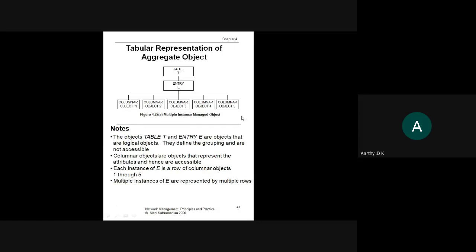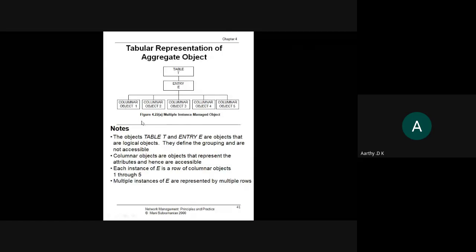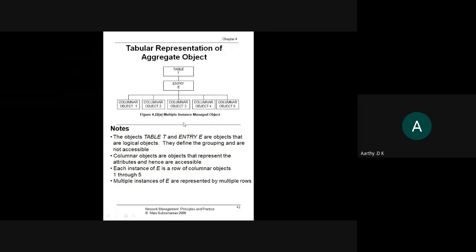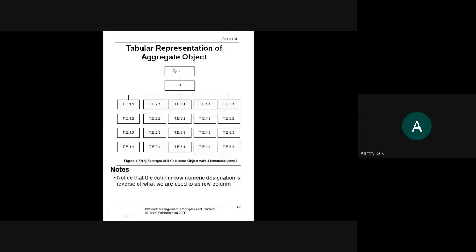Likewise, every row in this table entry will specify a particular object. It is not column wise; it is row wise. Every row specifies the values or properties that particular object has got. This is a tabular way of representing your aggregate object.